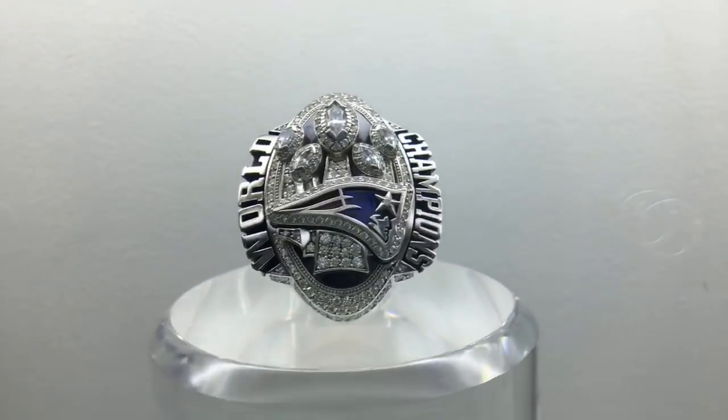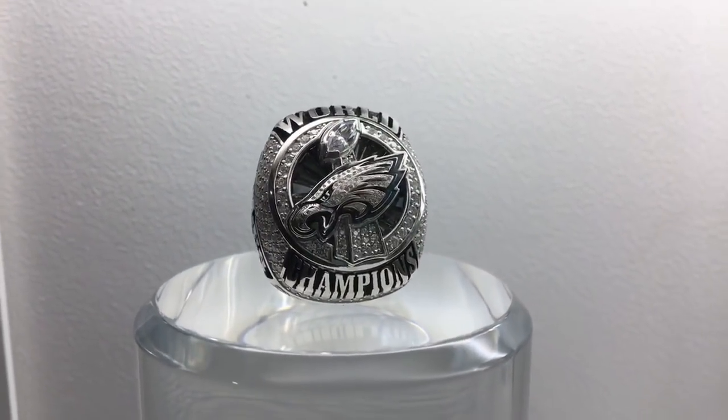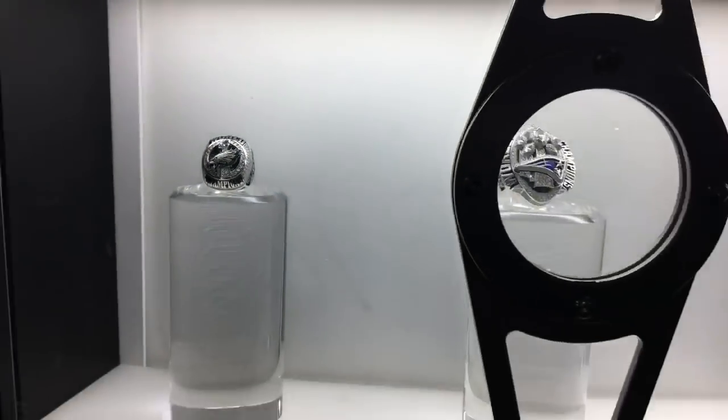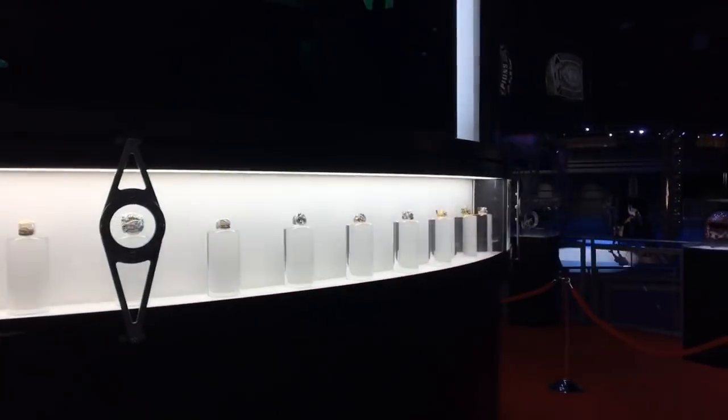And so we're gonna go real quick. This is the most recent Super Bowl ring, the Eagles one that they won in the last Super Bowl. I'm sure a lot of fans remember that. So we're gonna take a step back. We can come back to the Patriots Super Bowl rings, but I just want to take a step back and